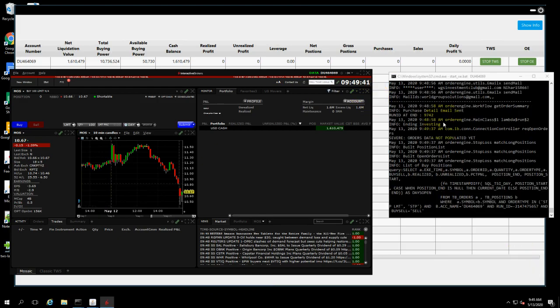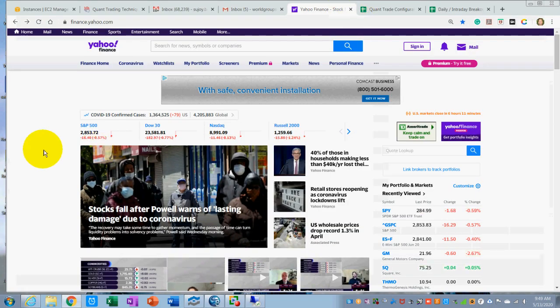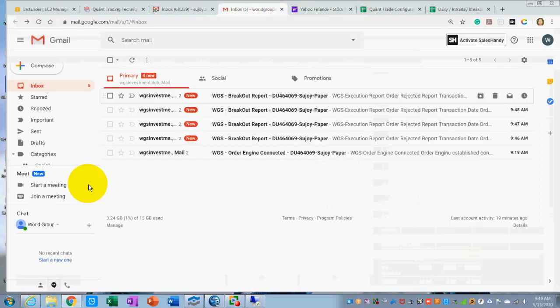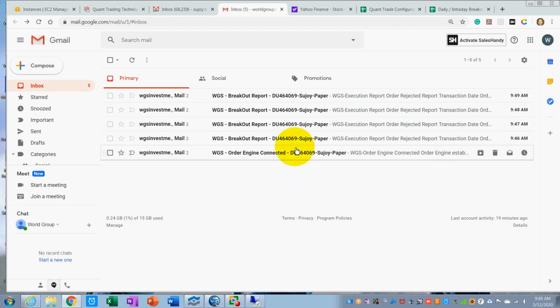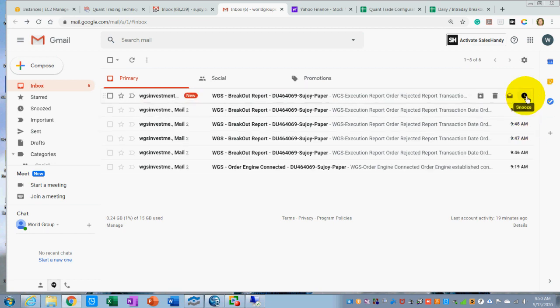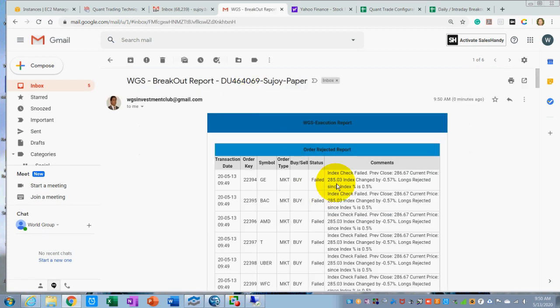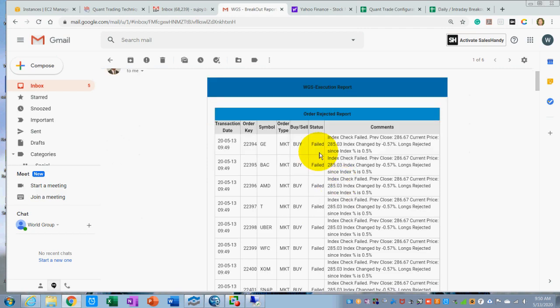No, it did not do any investment so far. So that's fine. Let's see what is the reason for not investing. We can go to the email and check. Every 1 minute, it is supposed to scan the market and get us the reason for why it is not investing. So let's pick up the latest one. As you can see, it goes by the minute. So it's looking into all the 200 stocks and telling us what is actually happening.